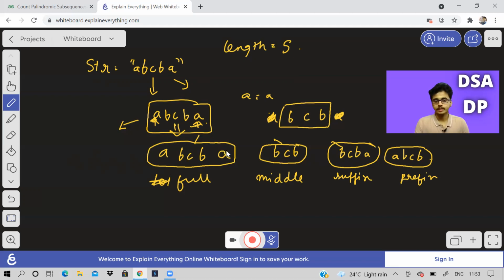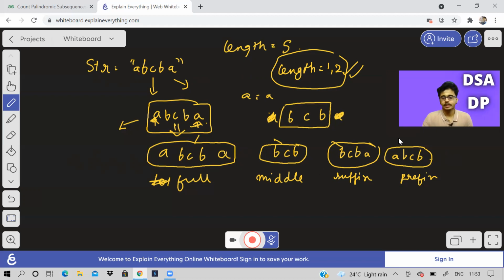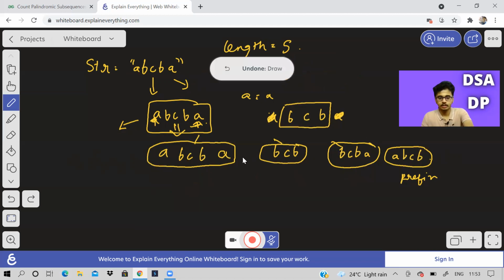So why did I do this? Because see, now I can apply the same logic of splitting a problem like this into further subproblems and make it into smaller problems, so that eventually I will reach length equal to 1 or 2 and I will know the answers for that. So because I will know the answers for that, I can get the solutions from there and finally build the answer for these bigger problems. So okay, this was how I told you, but how will we actually look at it now? So let us see now. Let us take an example.